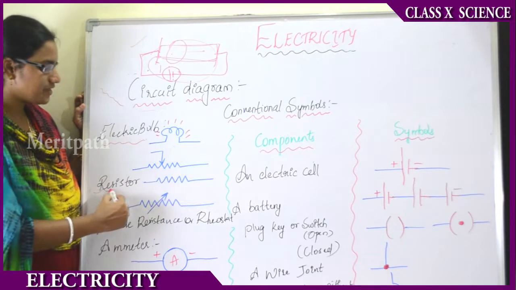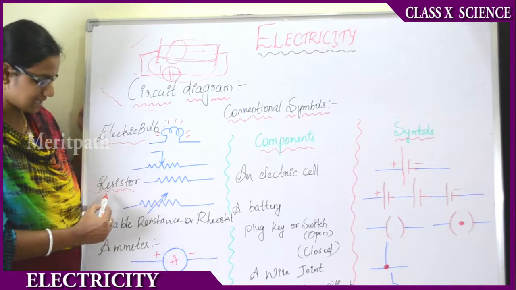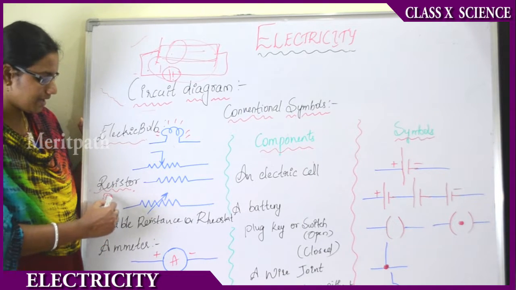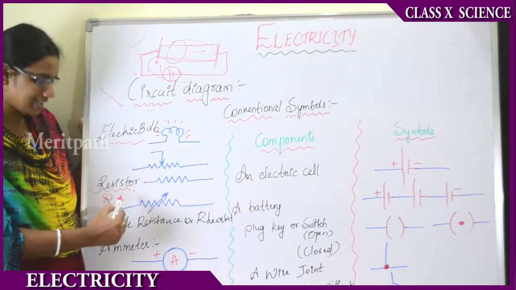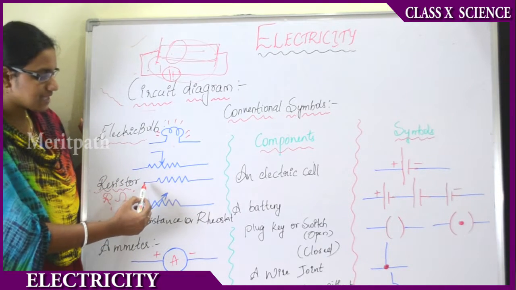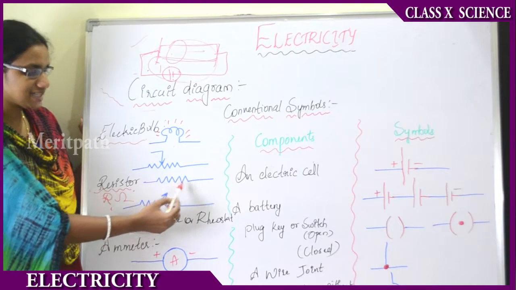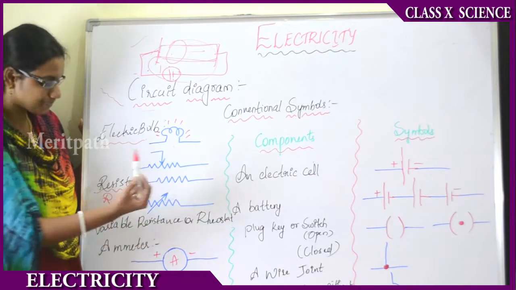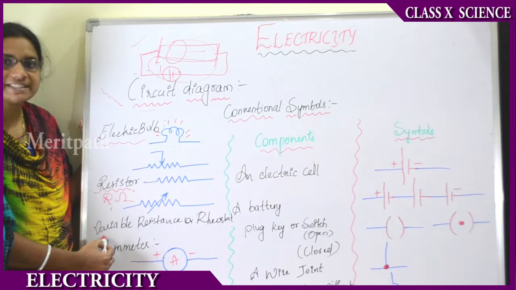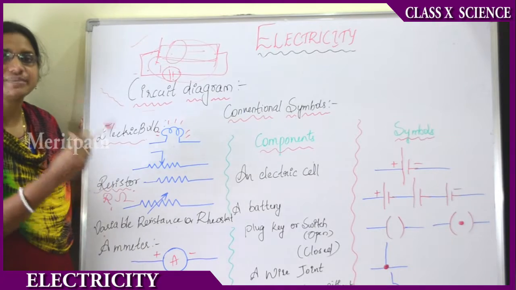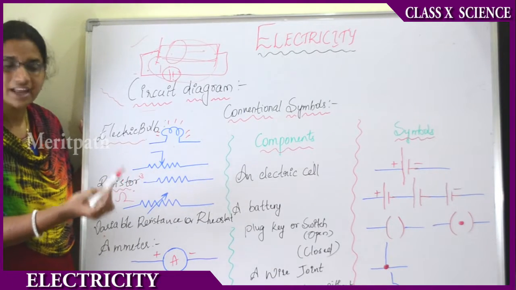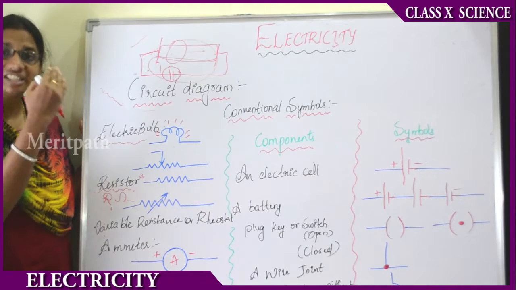So the component which opposes the flow of current is known as the resistor, its symbol is R and the unit of resistance is ohm, right? Now the symbolic representation of resistance is as shown in the figure, and it also consists of two types, that is fixed resistance and variable resistance. Fixed resistance means it has a fixed value like 30 ohms, 50 ohms, 3 ohms, 2 ohms. For variable resistance, we can change the resistance.